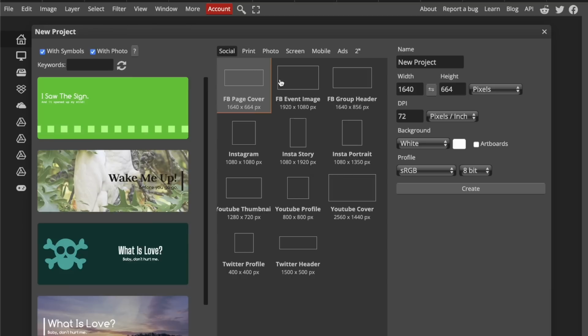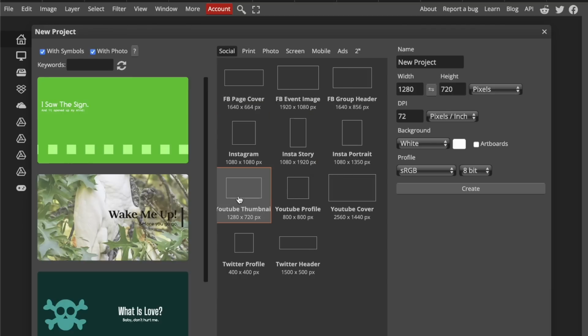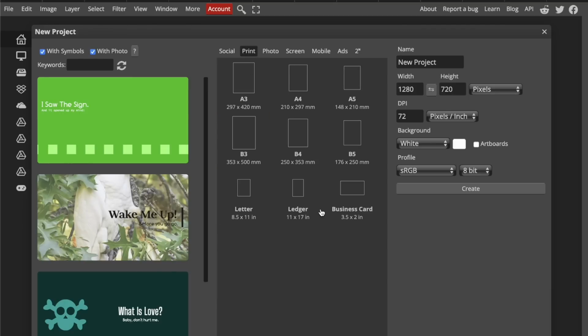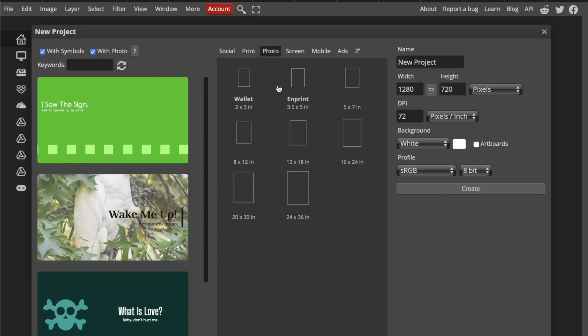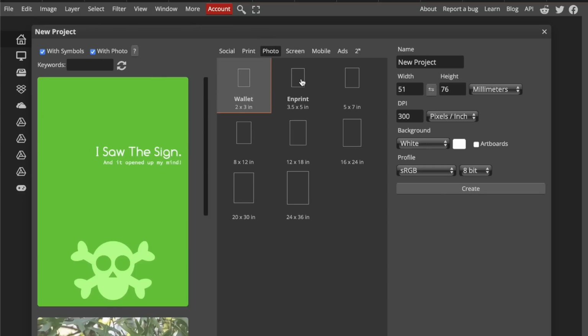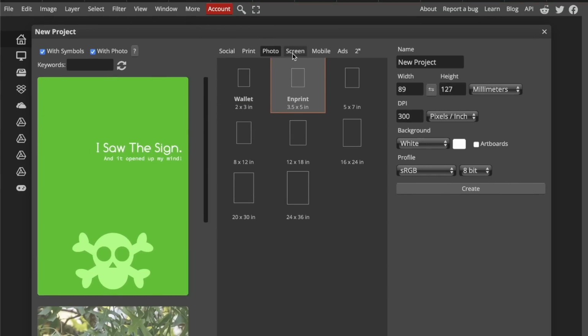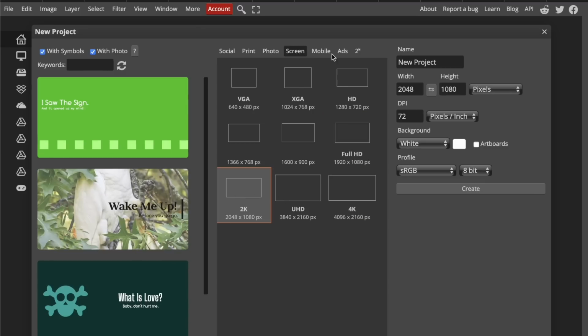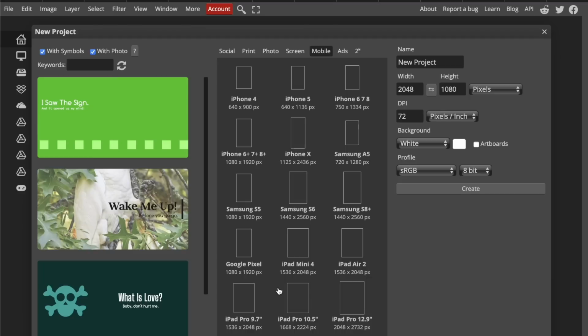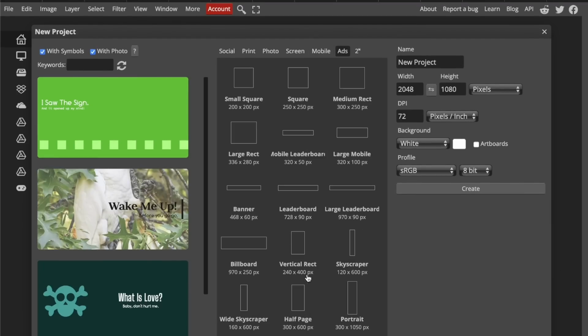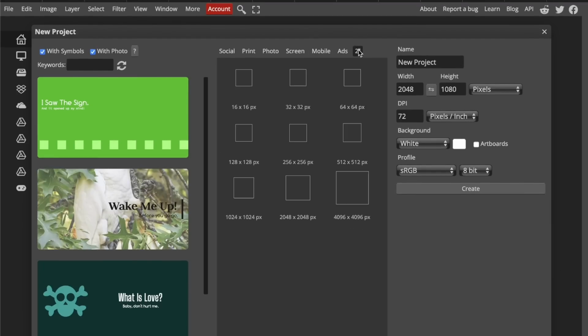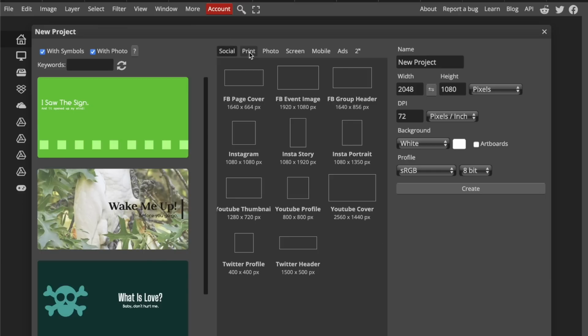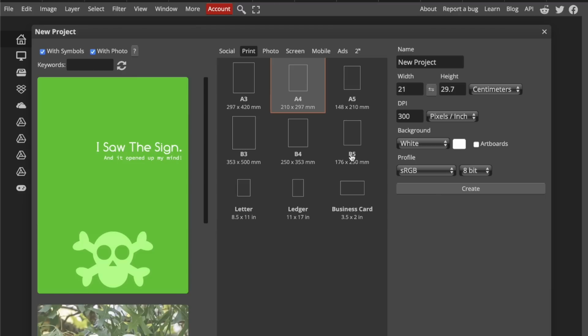So for social media, like Insta Story, YouTube thumbnail; print, like A4, A3; photo, like wallet or in print; for screen, Full HD, 4K, 2K; mobile, for different types of phones; then ads and banners, and square sizes. For now, let's create an A4 document, and we can name it